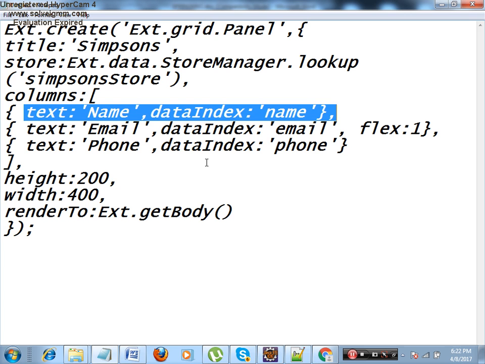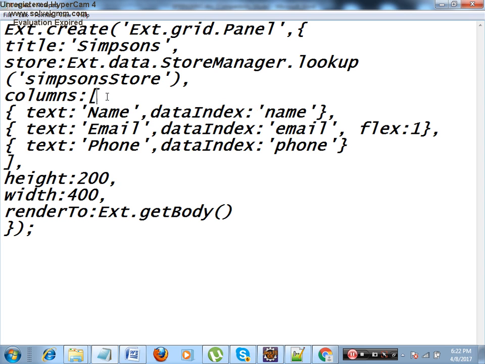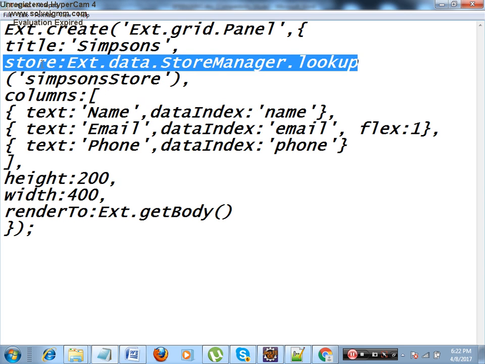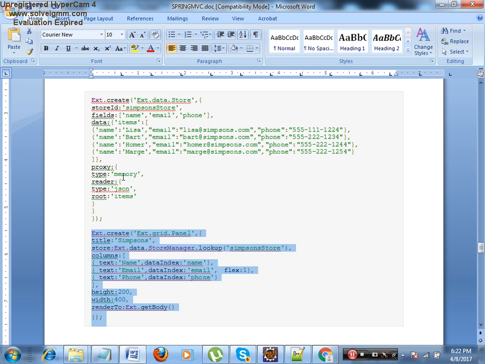Now one more configuration I have used here is known as store. Always remember, on the front end, the data coming from the middle layer will get stored inside a store component. Now how will that store look?